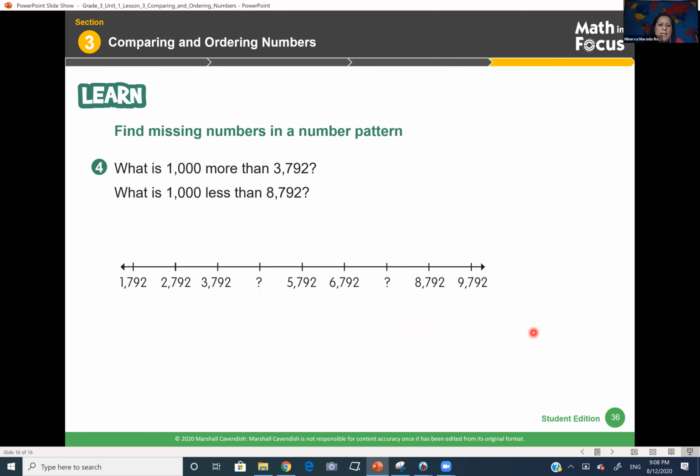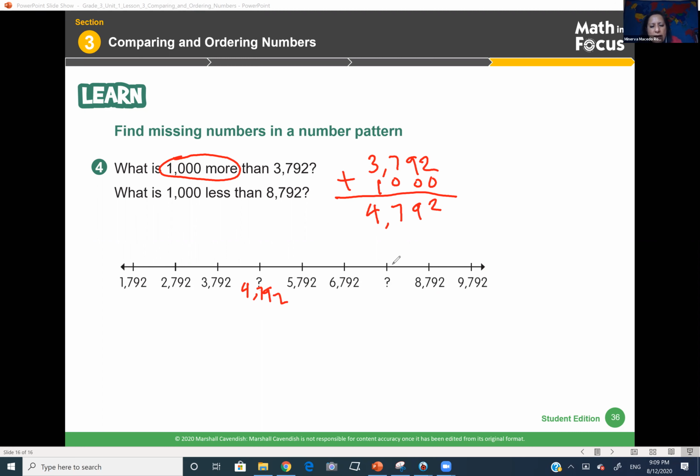Now, let's find the missing number in this pattern, and it's exactly the same. The only difference is that here it says 1,000 more. So now we have 1,000 more, so we're going to be adding this number, 3,792. 1,000 more is plus 1,000. Now when I add, I know that my missing number here is going to be